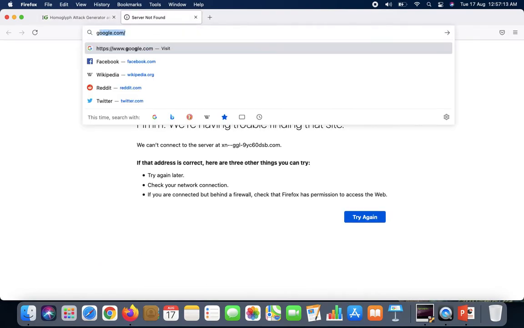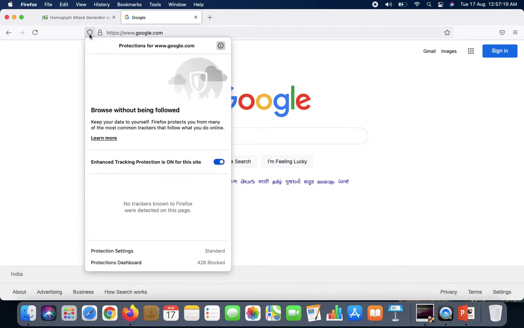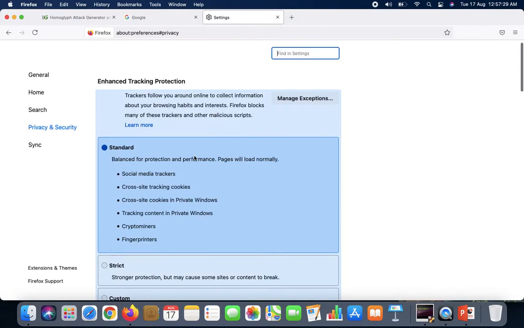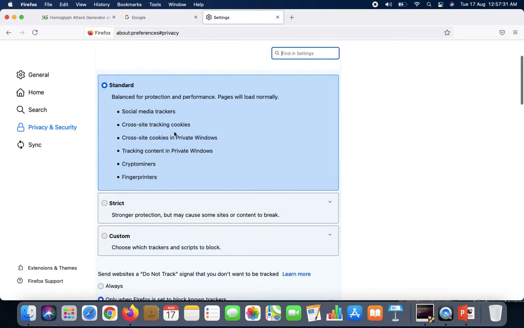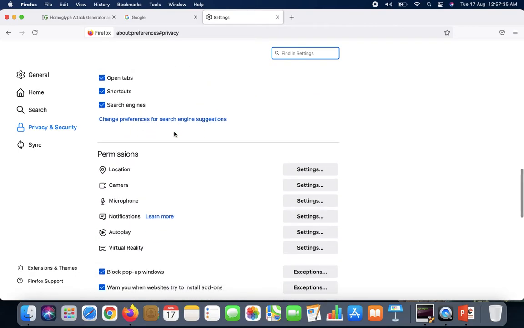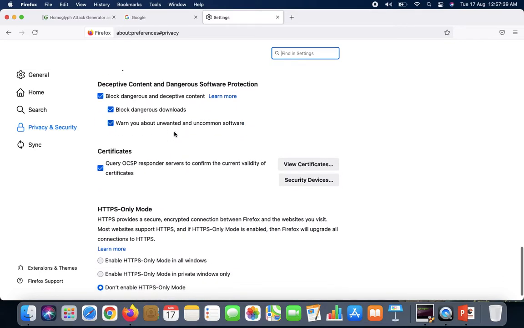So always remember, guys, for the page or the website that you are visiting, first of all, always get used to checking the certificate. To check the certificate information, first of all you go to the site settings and the information, so that here you can find the details about the certificate.